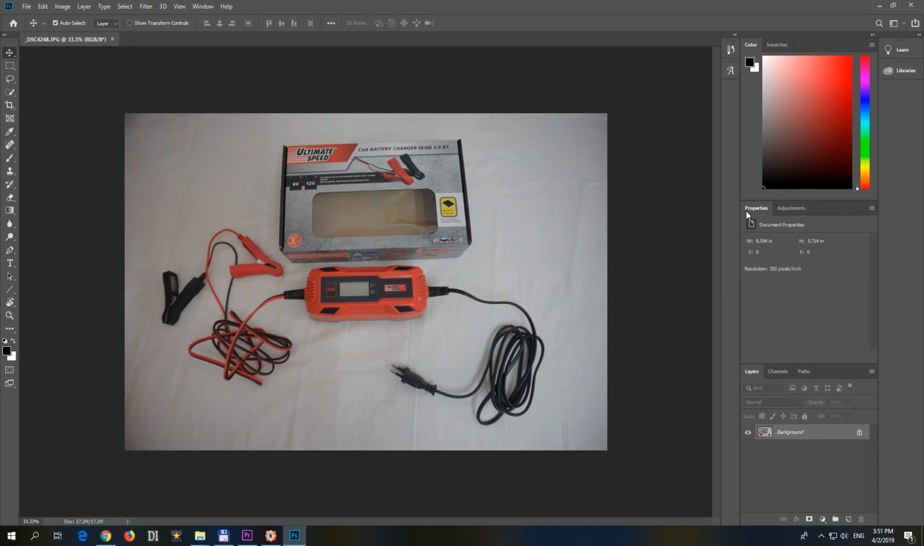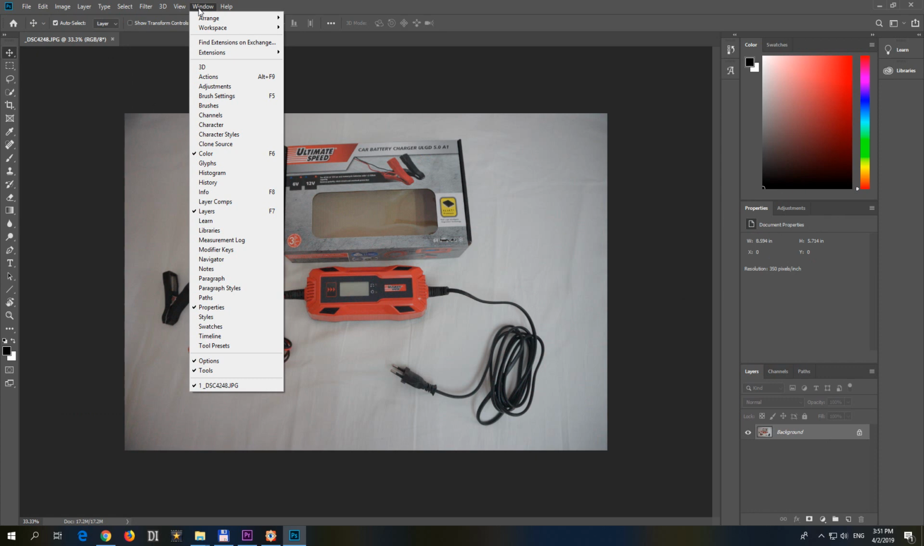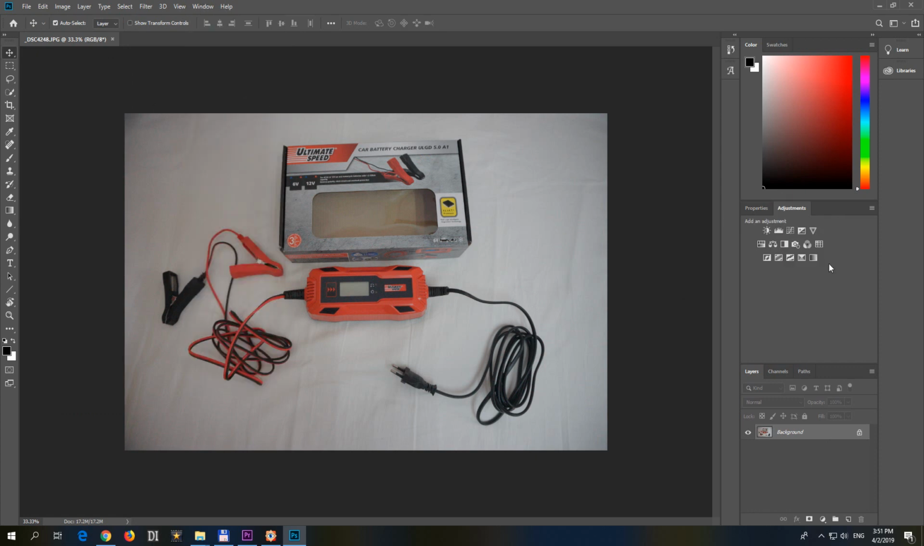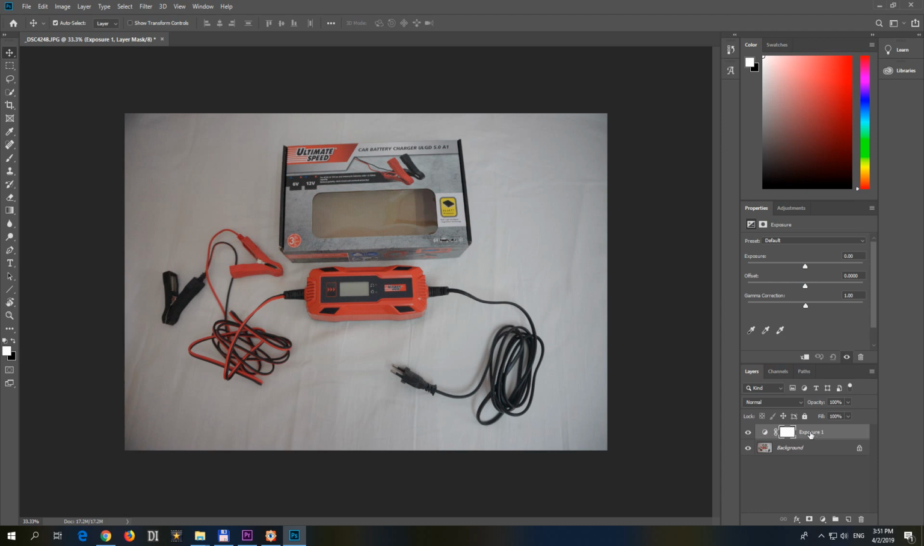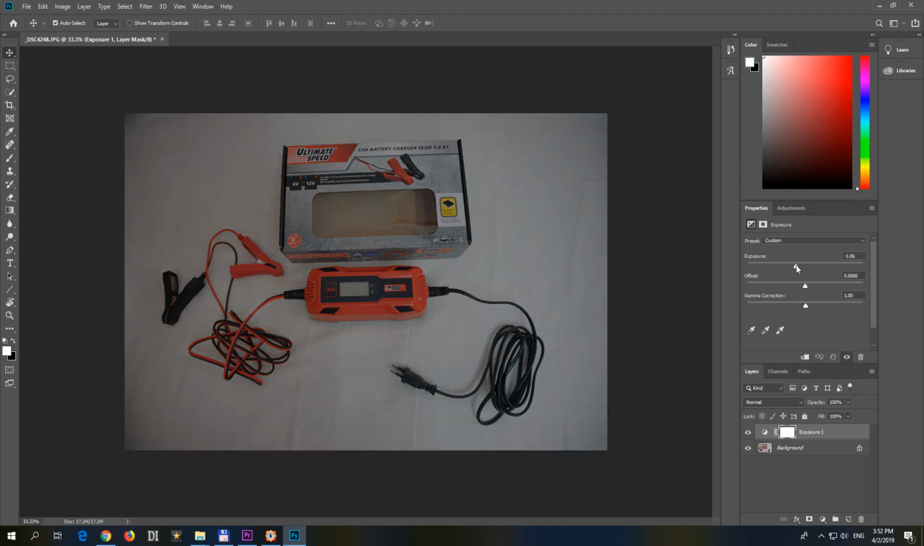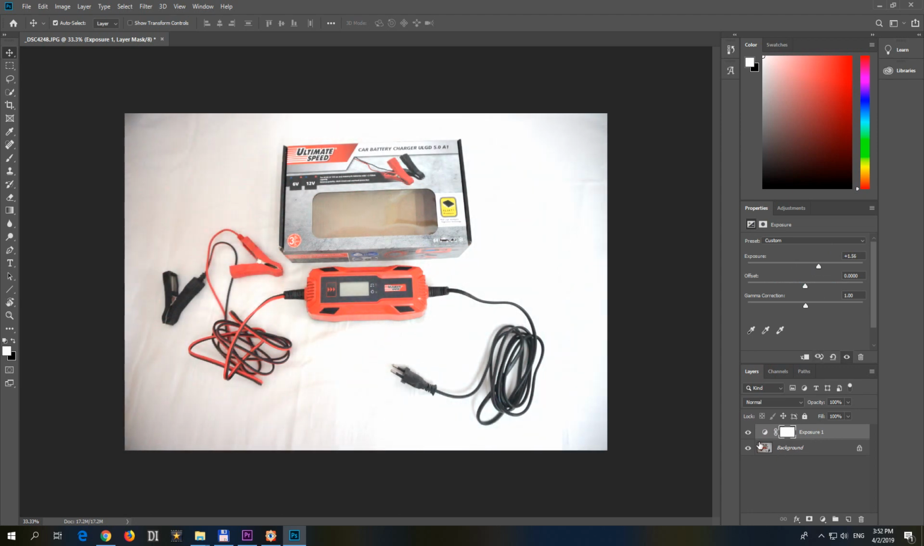If adjustments is not there, then you can open it from window and adjustments. Okay, and here I also have exposure, and as soon as I click on exposure, another layer will appear here. So click on exposure, the layer just appeared, and now if I increase or decrease the exposure from here,